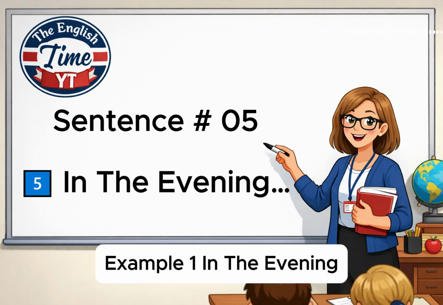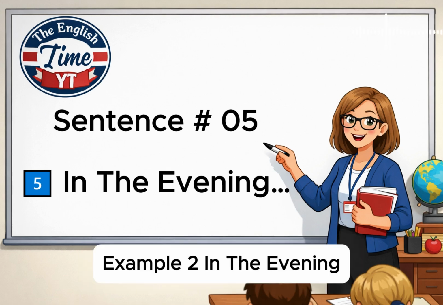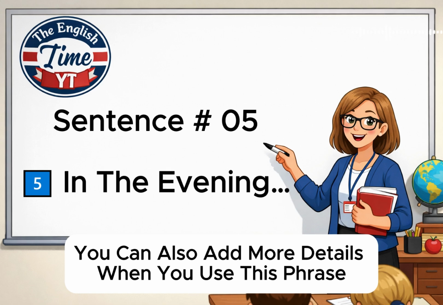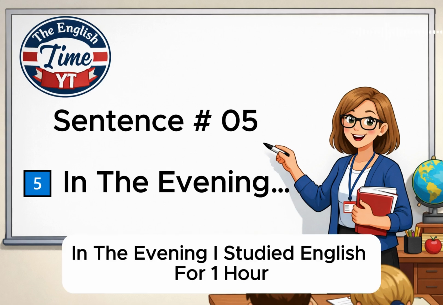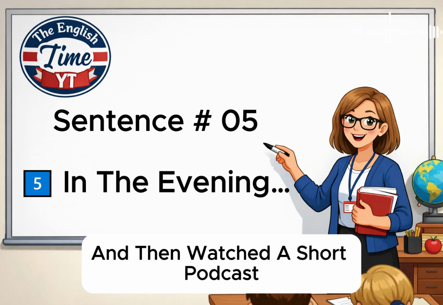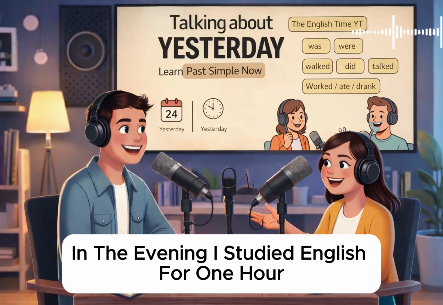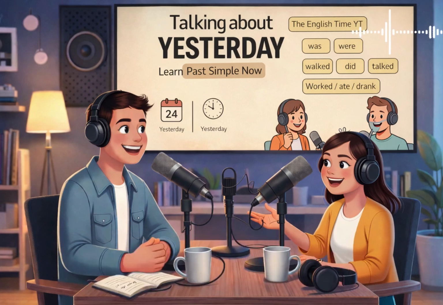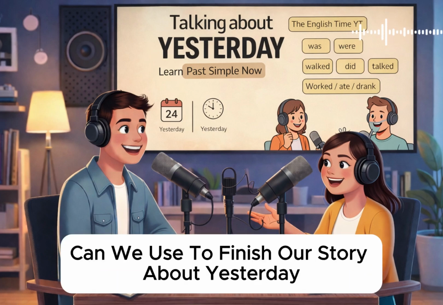Example 1. In the evening, I watched a movie with my family. Example 2. In the evening, I talked to my parents. Example 3. In the evening, I finished my homework and relaxed. You can also add more details when you use this phrase. For example, in the evening, I studied English for 1 hour and then watched a short podcast. This helps you explain what you did during the evening part of your day. In the evening, I studied English for 1 hour. In the evening, I watched a documentary. Nice. That sounds like a good evening routine, so Jesse, what sentence can we use to finish our story about